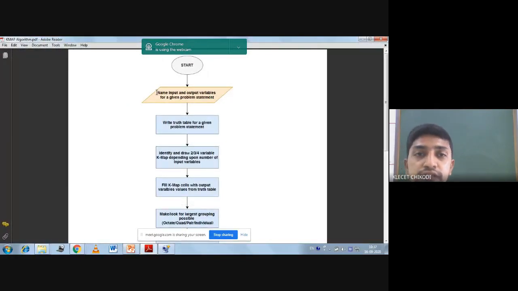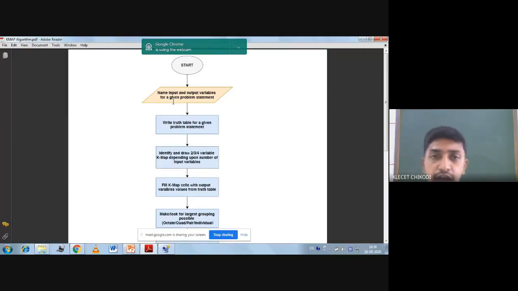If you consider the AND gate, with A and B as the inputs, then Y you consider as the output. It is not only for the AND gate, whatever may be the problem statement, you first have to identify how many input variables and how many output variables are there.